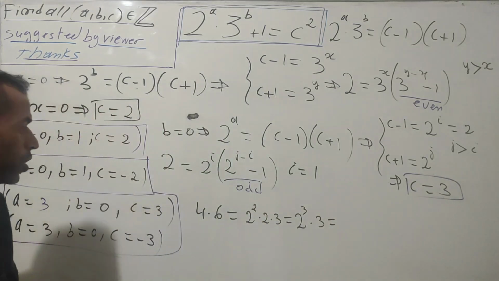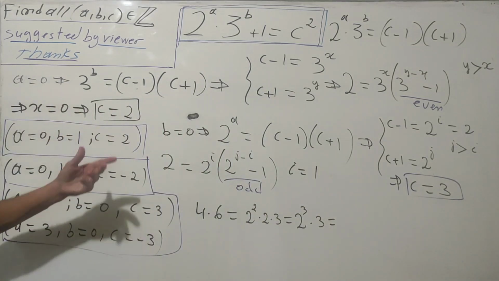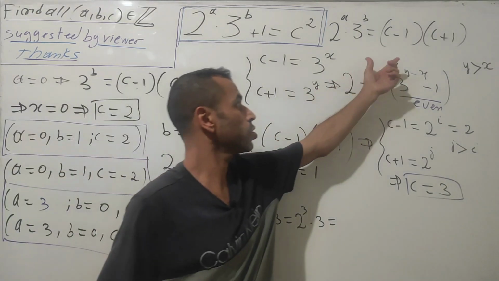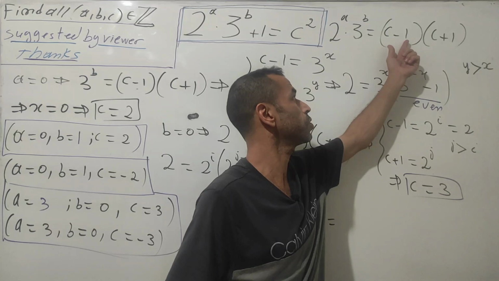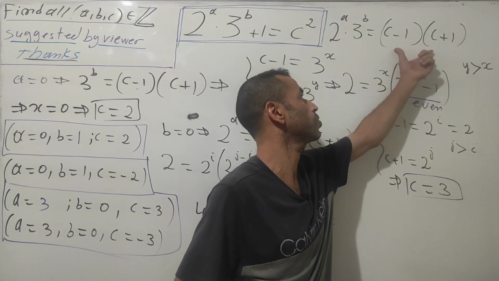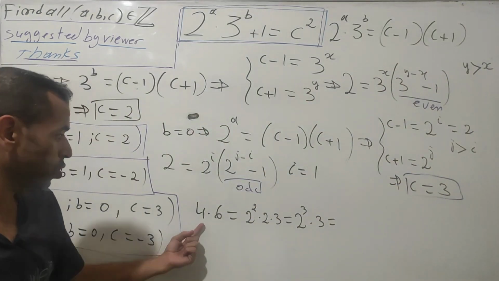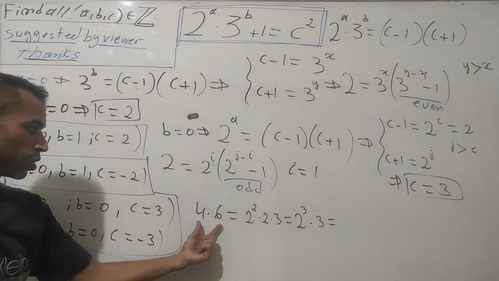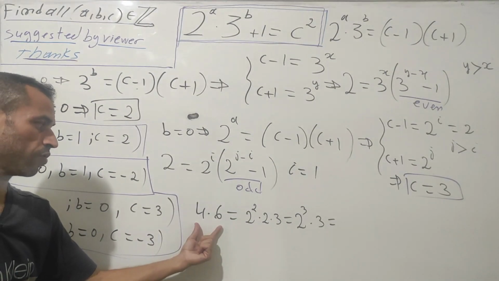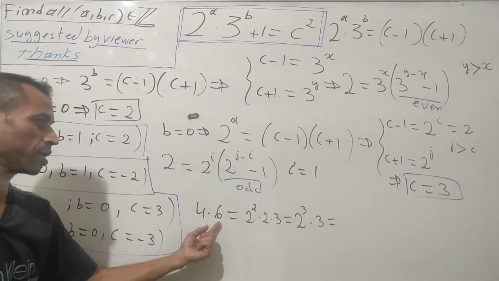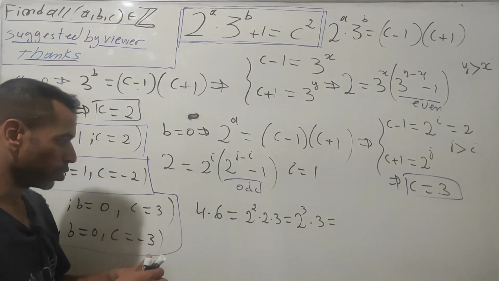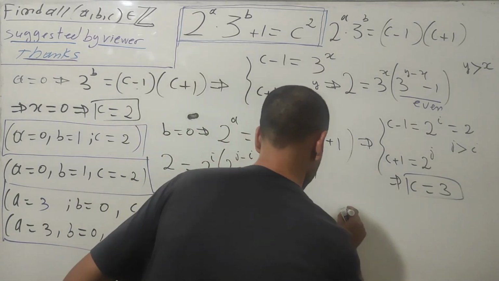If you take a look carefully at this product, this one differs by number 2, okay? Because between this number and this one, you will have a difference of 2. So also here I get 4 multiplied by 6, which also differs by 2. I will have one of these divisible by number 3, okay? So which means I get here